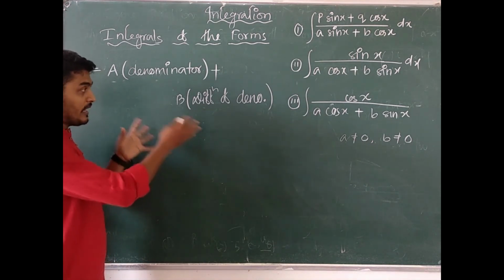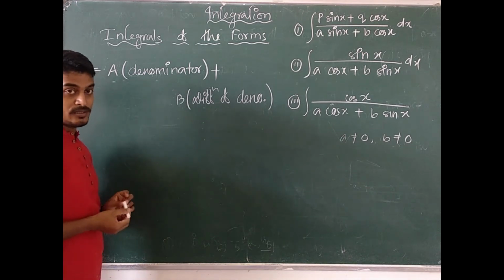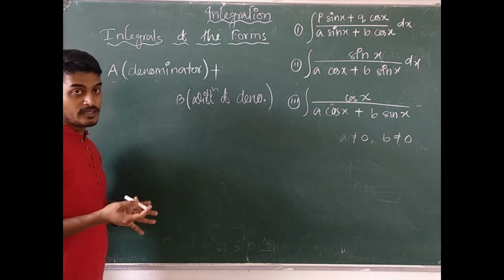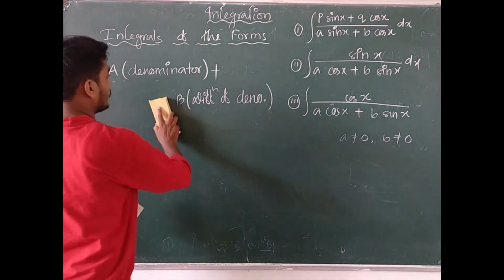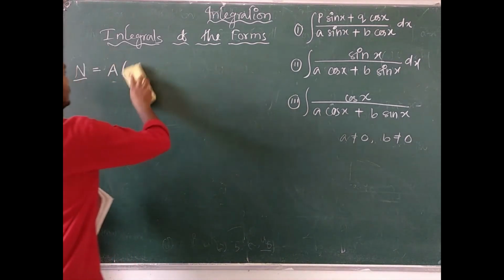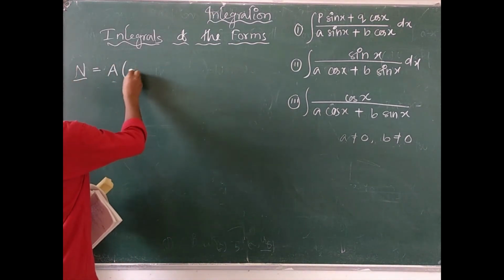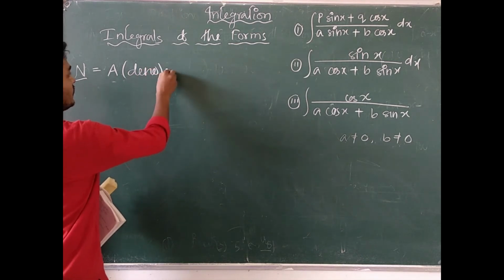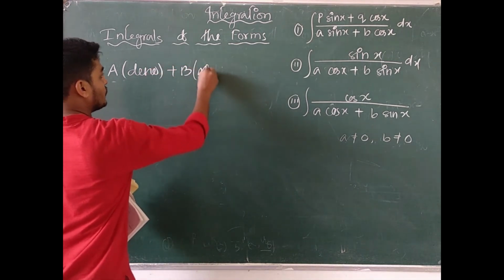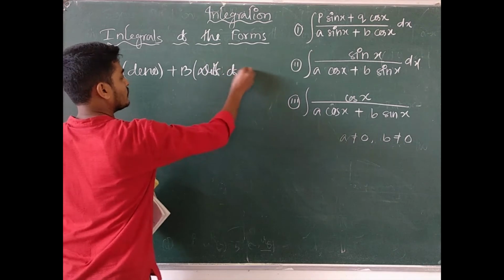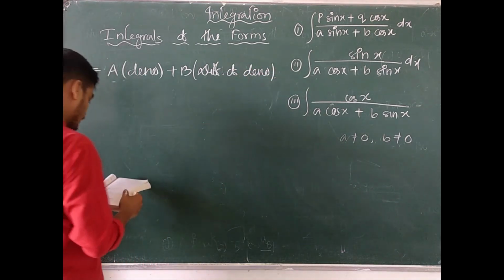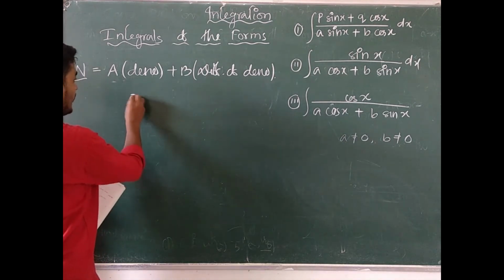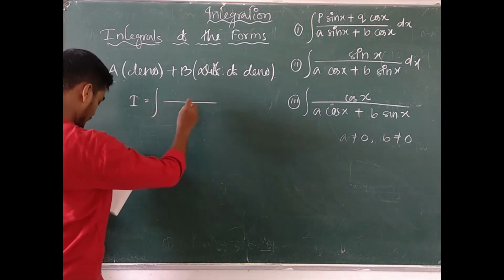We will equate and simplify to get the values of a and b. So let us consider one example for this, then you will get my idea in a better way. I am writing it in short form. What is this? A into denominator plus b into differentiation of the denominator. This is the procedure. So let us consider one question,